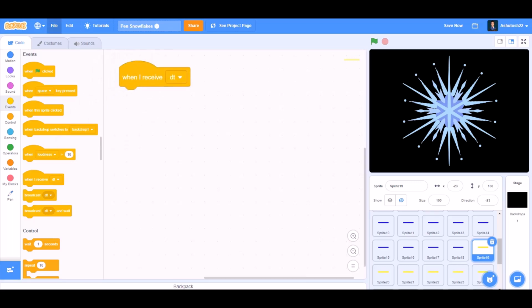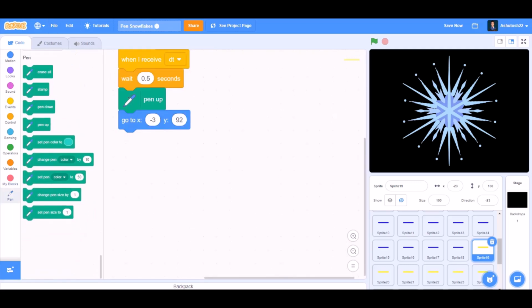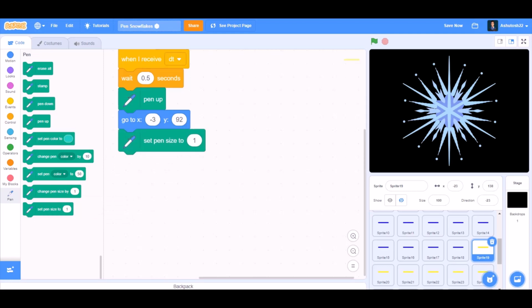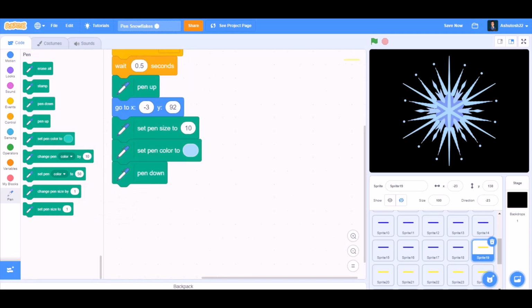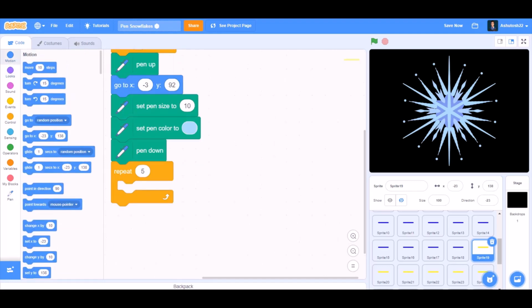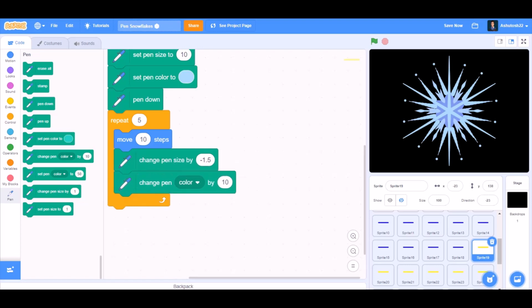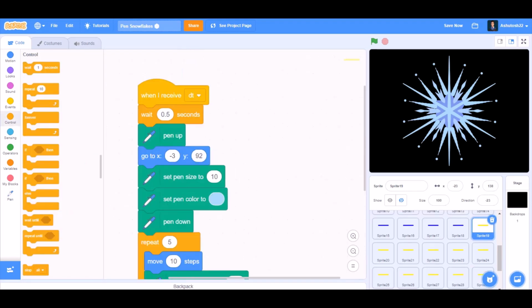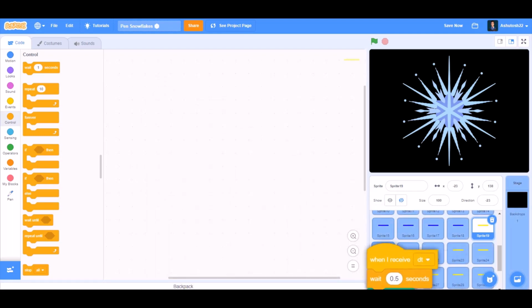Now we'll code for the yellow lines. When I receive NDT, wait for 0.5 seconds, pen up, go to X and Y respective positions, set pen size to 10, set pen color to the respective color, pen down, repeat 5, move 10 steps, change pen size by -1.5. Now I will drag this code to the other yellow lines.